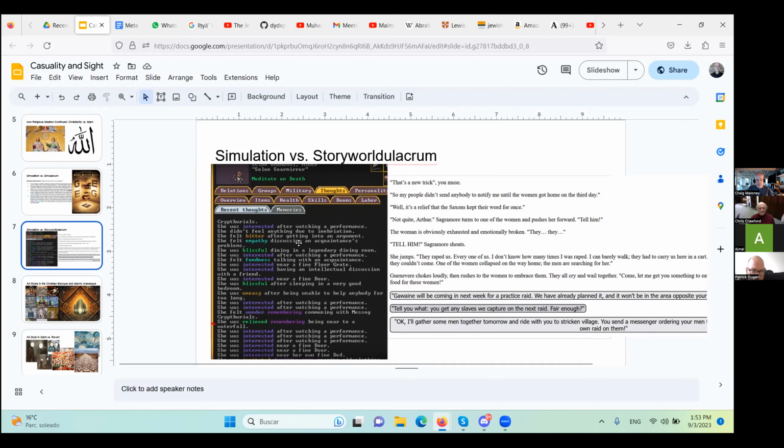And okay, she was interested after watching a performance. She didn't feel anything due to inebriation. She felt bitter after getting into an argument. She felt empathy discussing acquaintances' problems. She was interested after watching a performance. She felt fondness after talking with her, So there's a certain amount of